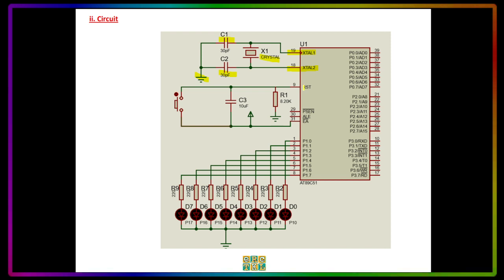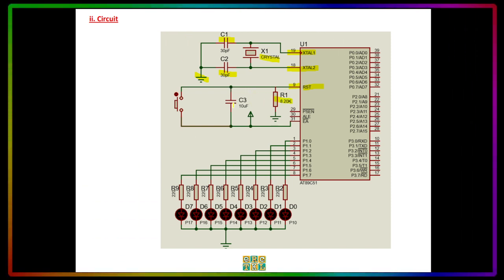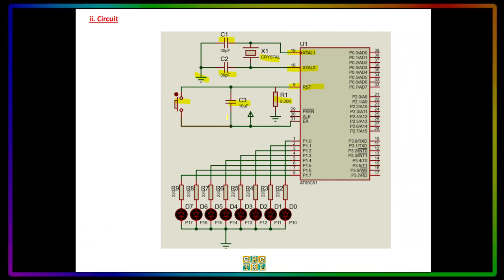Now we will also have reset on pin number 9, and connected to this is the resistor which is 8.2 kilo ohms and a capacitor which is 10 microfarad and a push button switch. Now the push button switch is parallel to the capacitor, and the resistor's other end is connected to the ground,